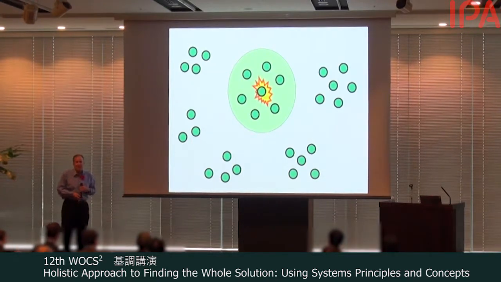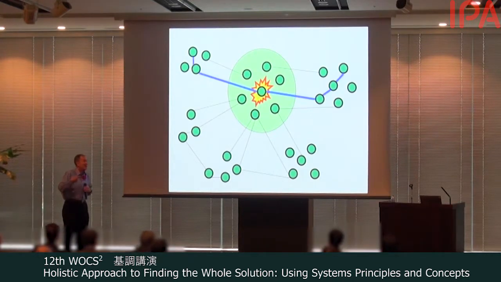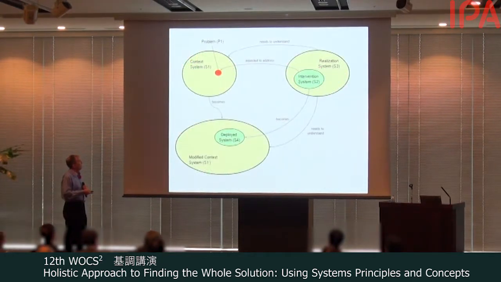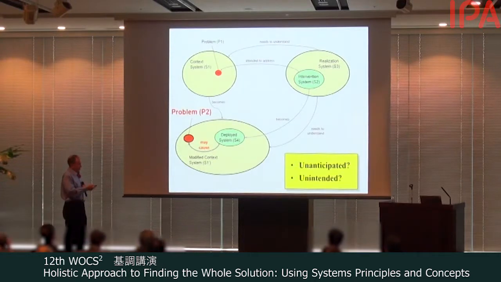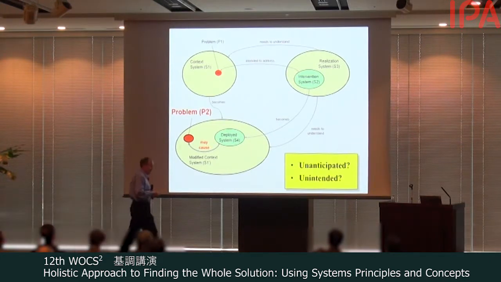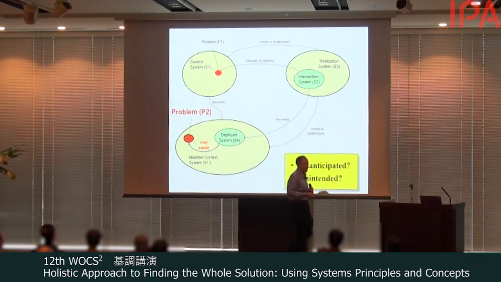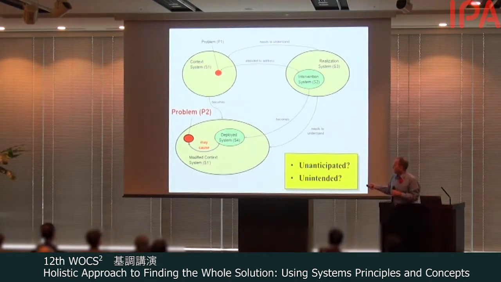So when we see problems in the field, we need to understand how we change the context, because we may have to continually solve new problems as they come up. So it's very common for a deployed system to cause other problems. So we need to understand, as we deploy these systems, to anticipate these problems whenever we can. And hopefully, this problem is not as bad as the old problem. We will always have new problems.